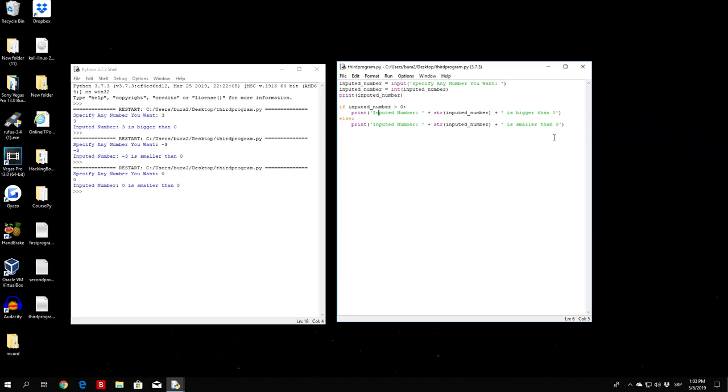But we also want to add an else if statement in between, which we can add just like this. So else if, simply specify elif. It is shortened for else if, then you want to specify the statement. So elif inputted_number equals to 0. Then we want to print,